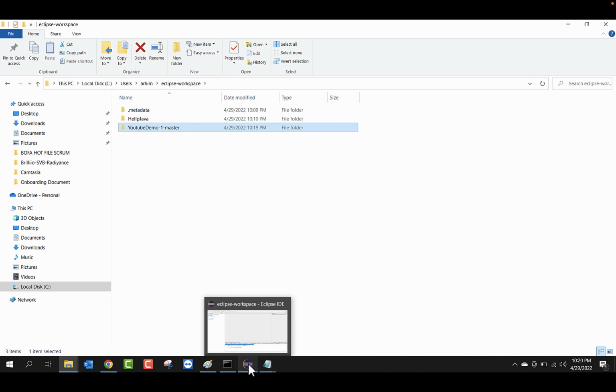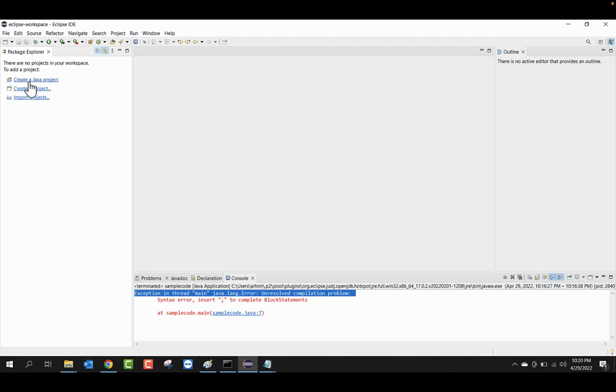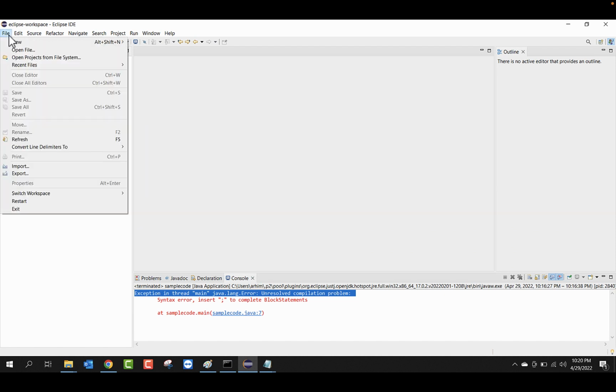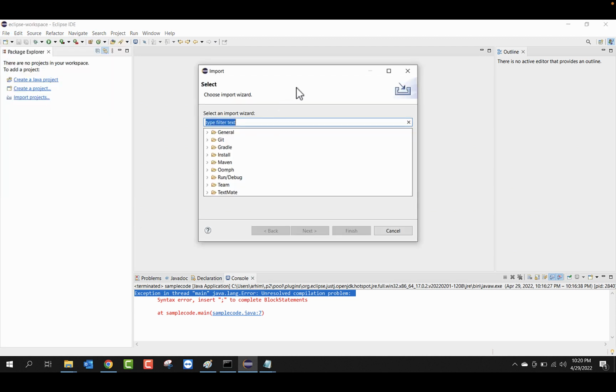This is your practice, you have to do it. Go to Eclipse. Now this time, don't create a project. Go to File, then Import. See this, import. And the project that we created is a framework, and this framework is created by using Maven. So select Maven project, import the Maven project, and I have downloaded an existing Maven project, right? So select existing Maven